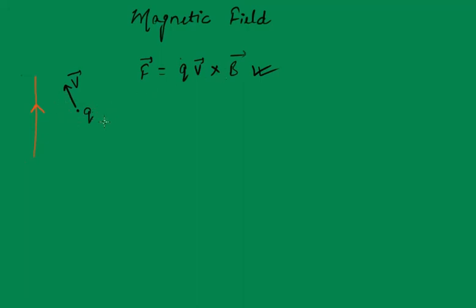So we inferred that a wire carrying a current creates a magnetic field around itself, and because of that magnetic field, when a charge moves, the charge experiences a force. This we have discussed earlier. Today we are going to quantify the magnetic field which is produced by a wire carrying current. So today we are actually going to find this value of B. This will be our objective today. So let's get started.